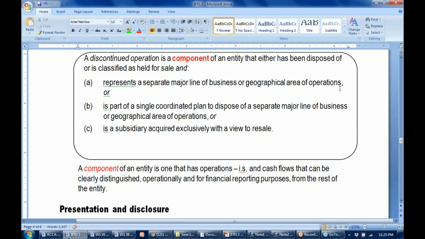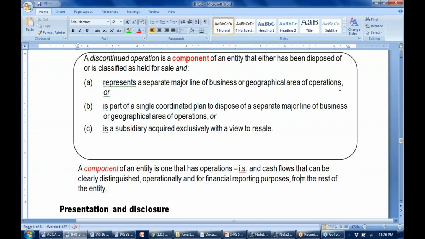Take another example. In the case of an airline, for example Cathay Pacific, in 2006 decided to withdraw the operations from South Asia, all the divisions of South Asia, because in the airline they are making segments of business region-wise. So they have, for example, 7 regions, and each region is a component. And in 2007, Cathay Pacific decided to withdraw or lift the operations from South Asia. So that means the component has been disposed of or held for sale and represents either a separate major line of business